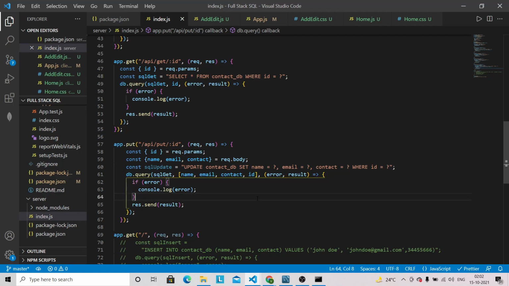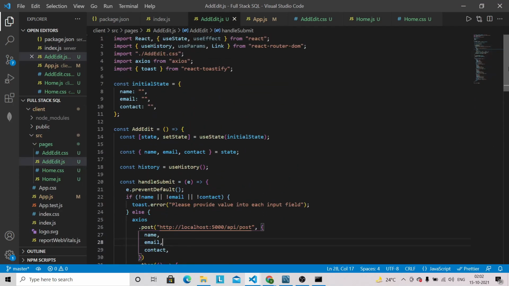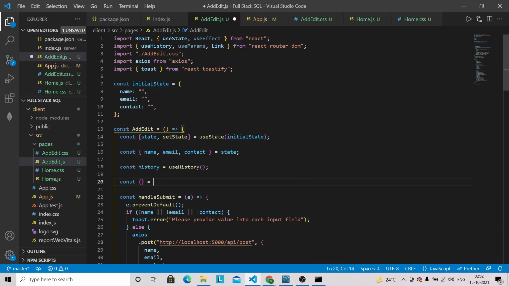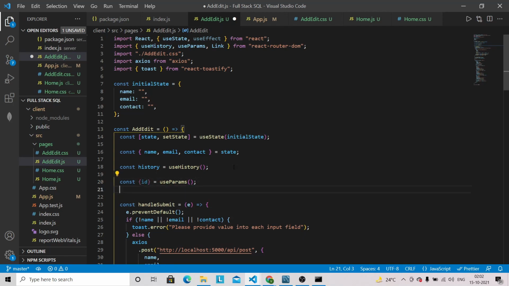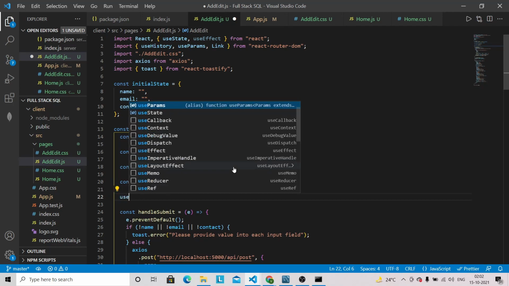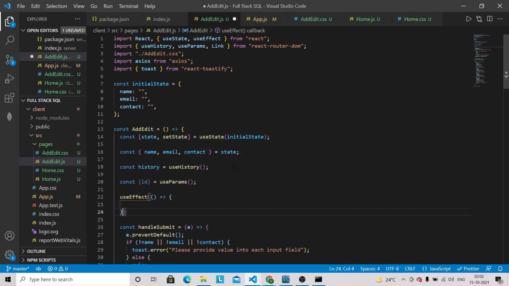So let's work on our front end. So in addEdit.js, first we need to grab the ID using the useParams. So useParams. Okay, and we will get the ID, and here we have to basically run one useEffect. So this useEffect will only run when we have the ID.